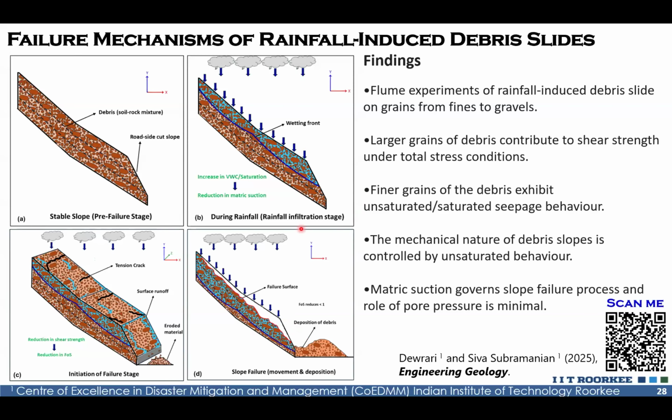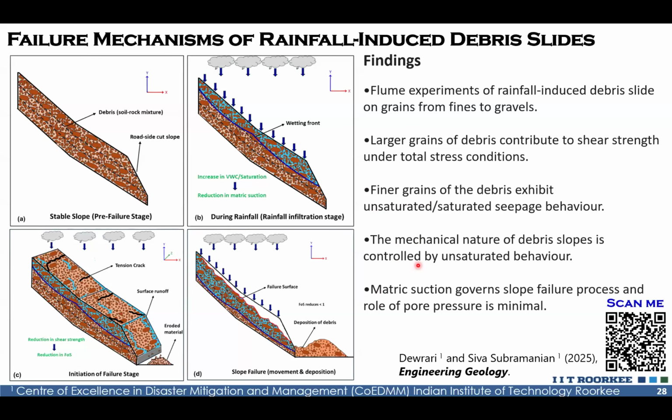Okay, so the flume experiments we performed used material from fines to gravel. And there are a number of studies you can find, more than 300, 350 available in the literature, for reduced-scale flume experiments in soil. But if you think of soil-rock mixtures, you'll find something like 50 to 60. Only very few studies have actually accounted for larger grain sizes. Those are reviewed in this paper as well. In the supplementary file of this paper, you can find all those studies that have tried to mimic the debris slide process in the laboratory.